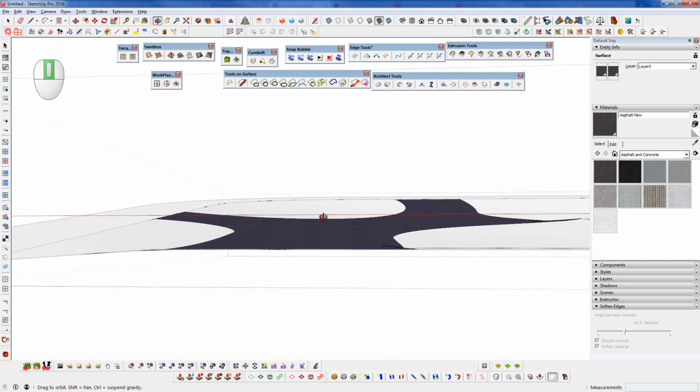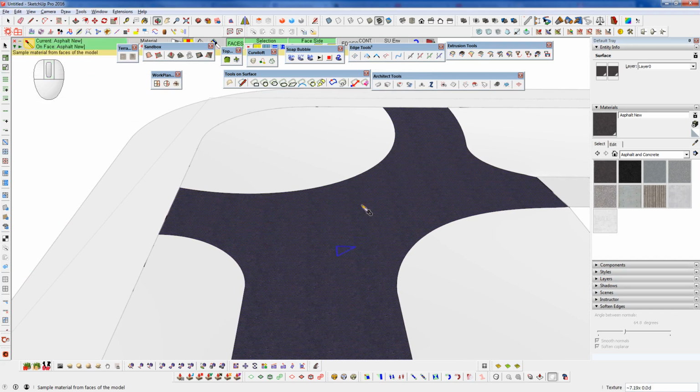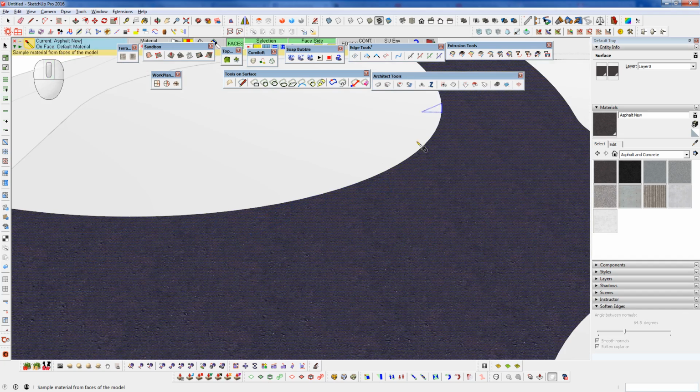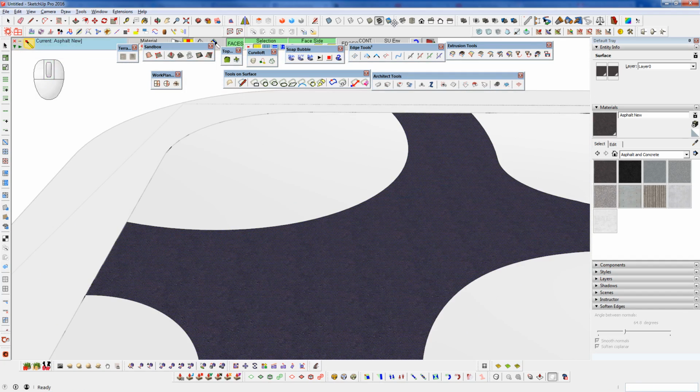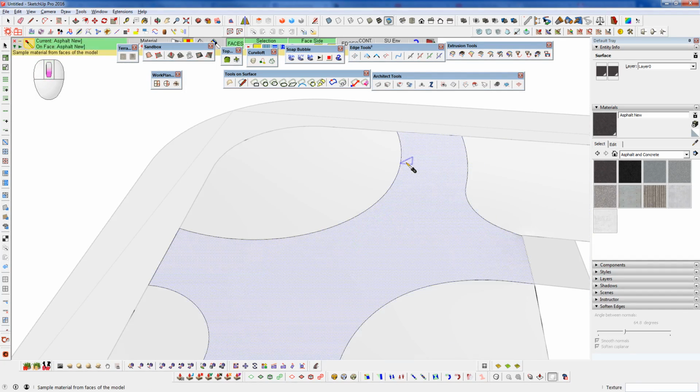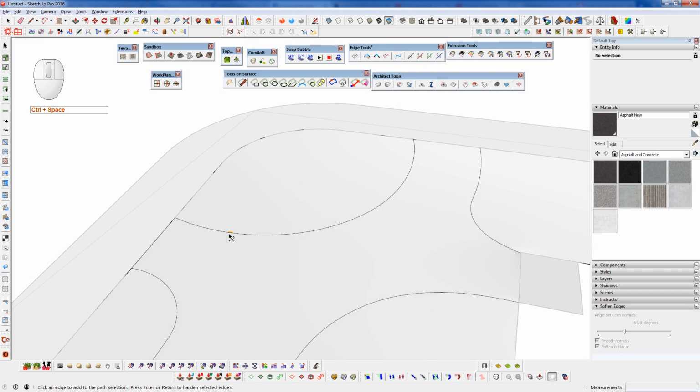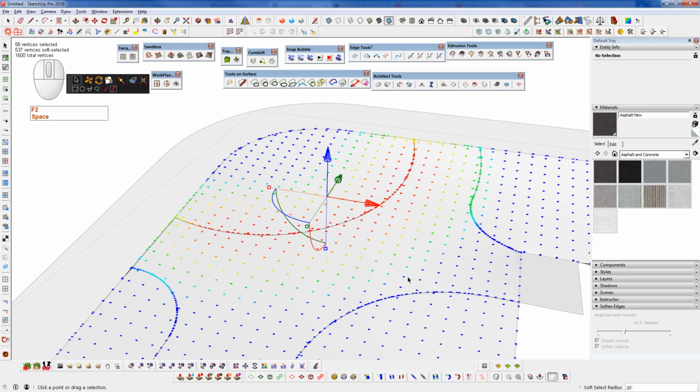So what we would need to do, and I think the best option here would be maybe bring down this edge here a little bit. So how I would generally do that is I would use the Vertex Tools, and I would want to select some of this edge here. Make sure I just have the edge kind of right in the middle, and then I'm going to launch Vertex